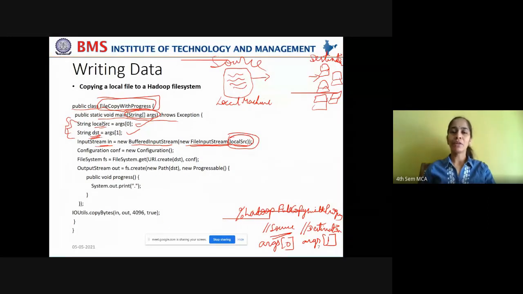That is the local file on your local machine. Okay, you're reading the content from the file on your local system through FileInputStream, and this input stream is now being passed as parameter to BufferedInputStream.